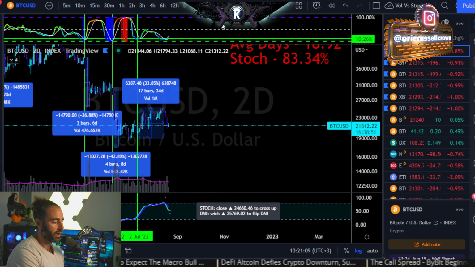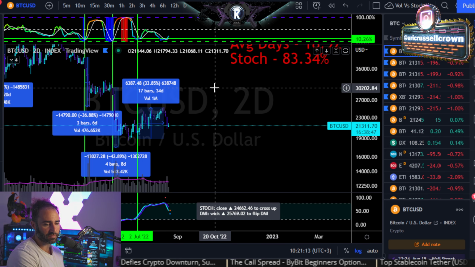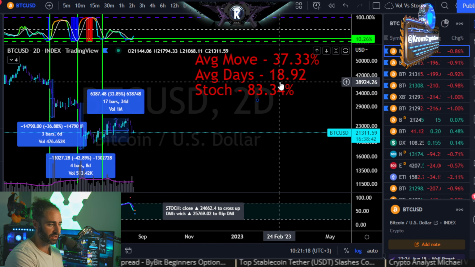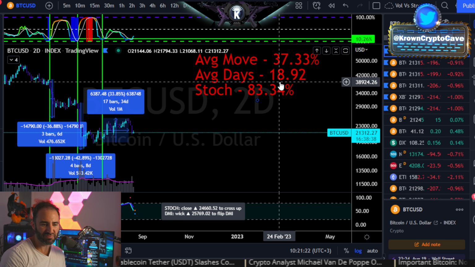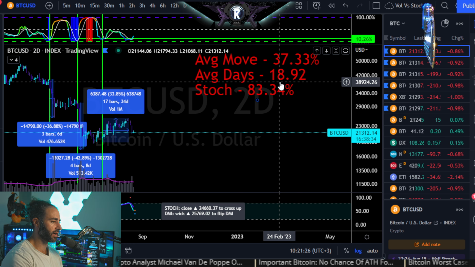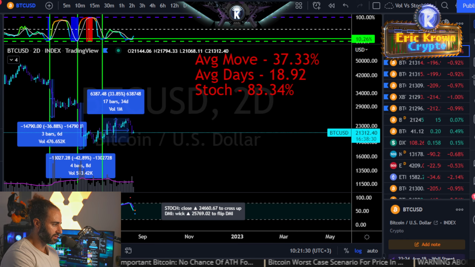But for right now, best case scenario, worst case scenario is what I'm looking for reasonably in the next few weeks. Of course, on the 2-day time frame chart, the average days taken is just under 19 days. So that would put us into September. Kind of coincides with September being a down month as well, potentially as far down as those numbers. Anyways, moving on here, let's get into the relatively shorter term timeframes.